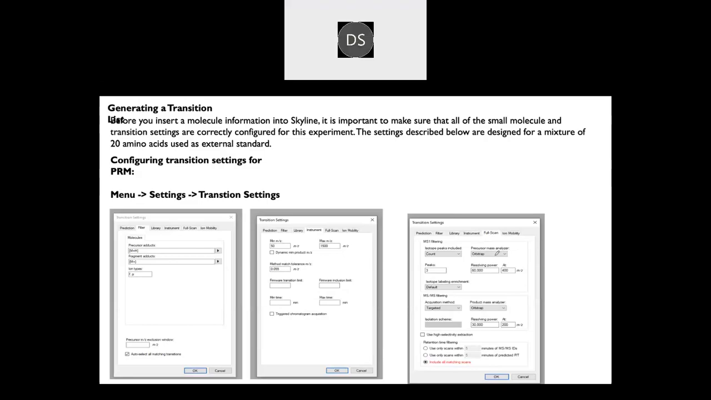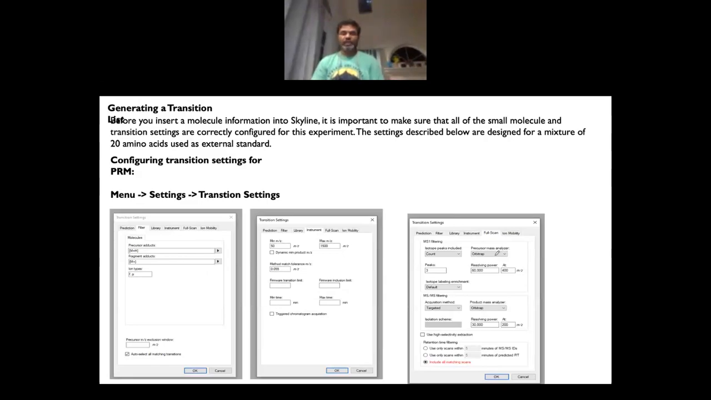Actually, the mass analyzer depends on which instrument you are using. Based on that, you have to select what instrument or what mass analyzer you have used. So for this instrument,